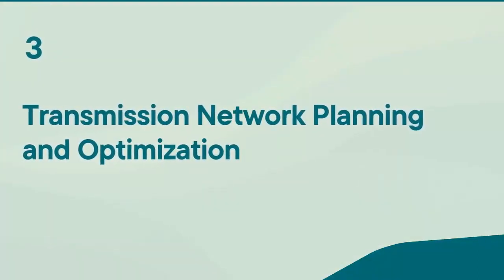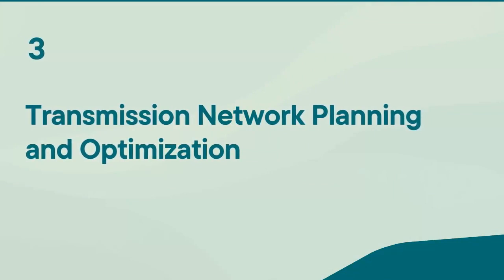Before we go straight to presenting the chapter, let me define some important keywords first. The first one is, what is transmission network planning? After researching the question, we found that transmission network planning involves assessing the current and future power demand for a region, as well as evaluating the reliability, capacity, and efficiency of the existing transmission infrastructure. Moreover, based on the assessment, new transmission lines, substations, and other facilities may be built and existing facilities may be upgraded or expanded to meet future power delivery needs.